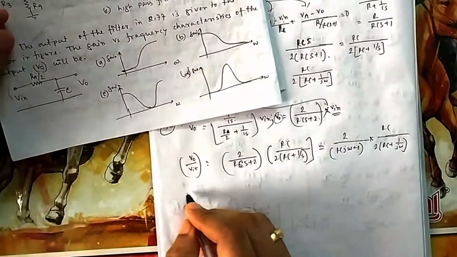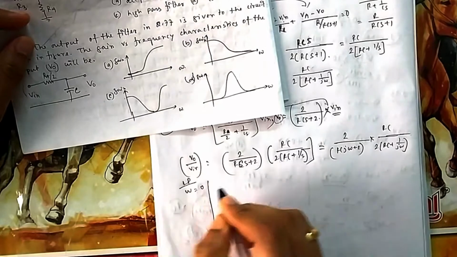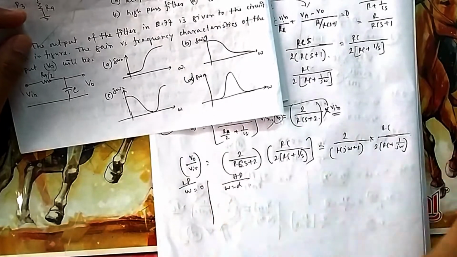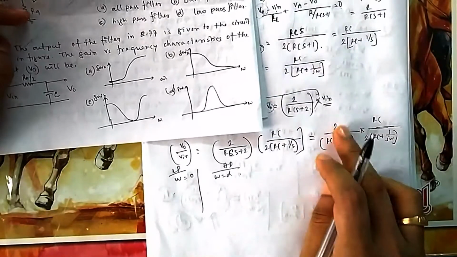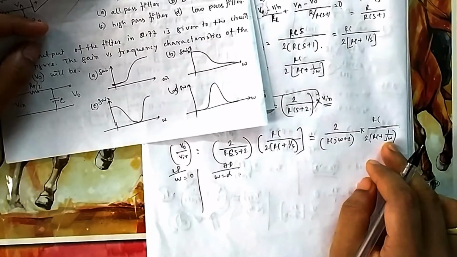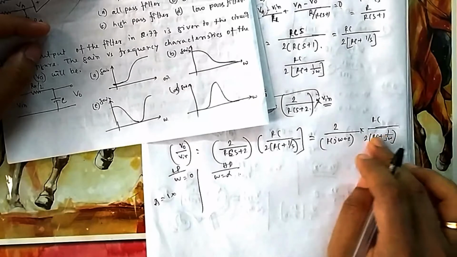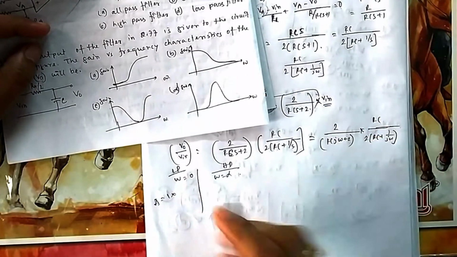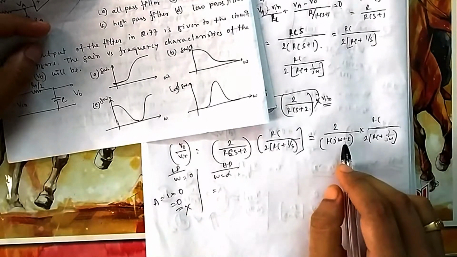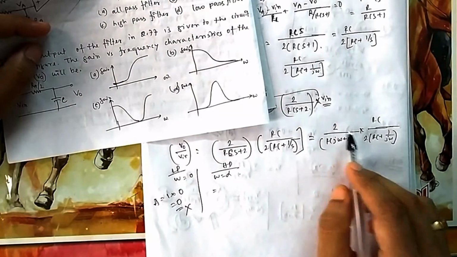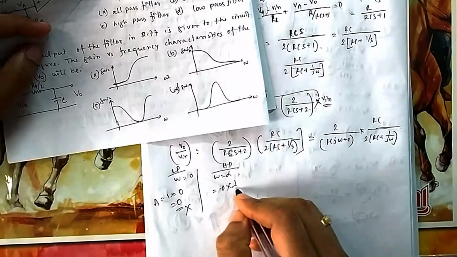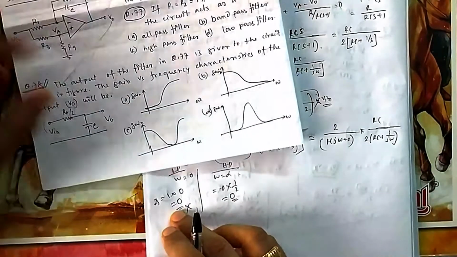Now, if you put omega equal to 0, again for low pass and high pass, two values I am putting. So omega equal to 0, if I put, this is 1, and this is gain. If I put 0, then this is infinite. Something plus infinite is infinite. Something divided by infinite is 0, so it is 0. So at low frequency we are getting gain 0, so it is not a low pass. Now let me take the high frequency case. If you take infinity, then it is 0. If you take infinity, then it is 1 by 2 into 0, that is also 0. So at high frequency also it is 0, and at low frequency it is also 0.